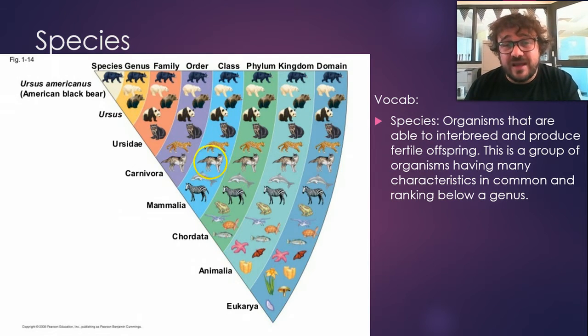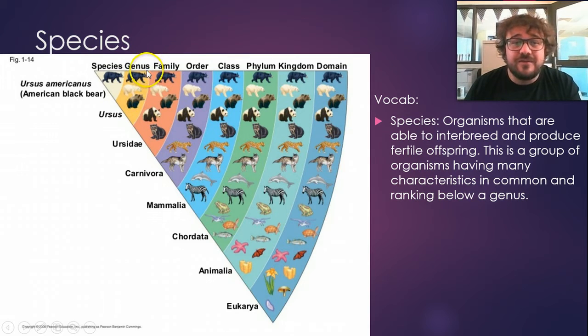So you can see when we do that, our group gets smaller, which means we are getting better at identifying the one we're looking at. Okay, so this is how classification works. Then we've got Chordata, that's anything with a backbone. Mammalia, anything with mammary glands, sort of. Then we've got Carnivora, which are all the carnivorous mammals. Then we've got Ursidae, which is the group that includes bears, raccoons, pandas, or, anyway, it doesn't matter.